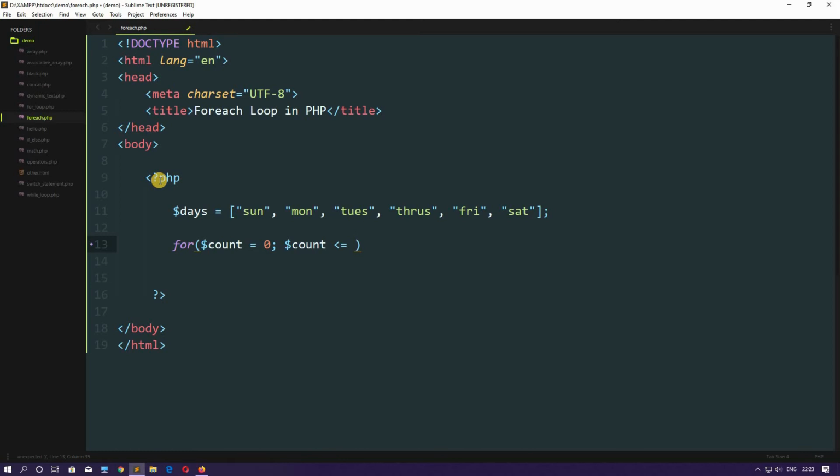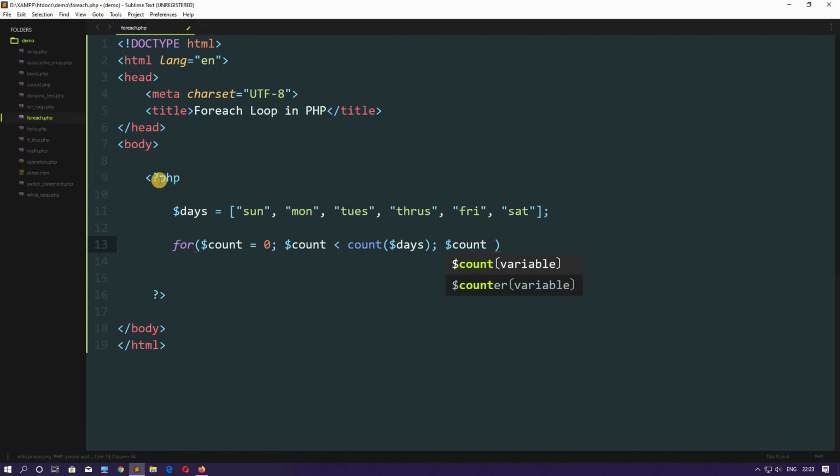Fine. So $count is less than, not equal to, sorry, just less than count, then brackets, and inside here we will write our array variable, that is $days, and then again a semicolon.